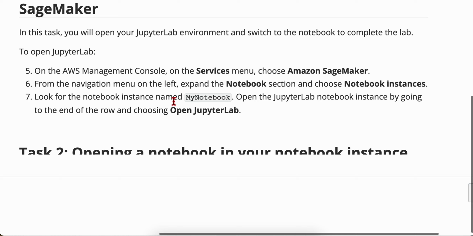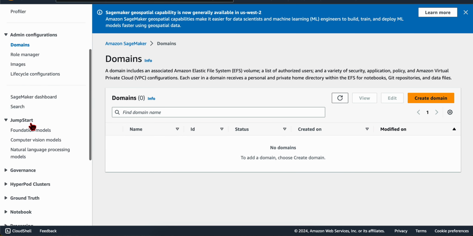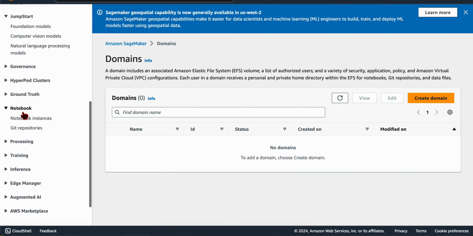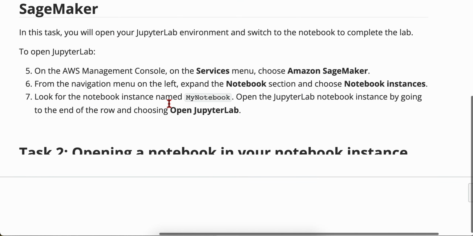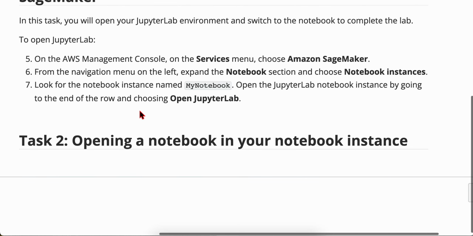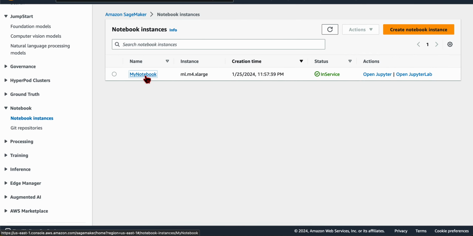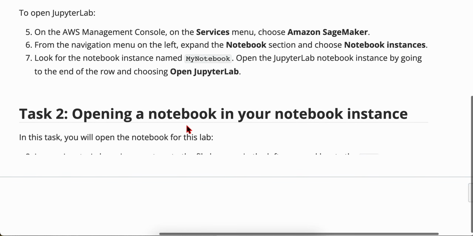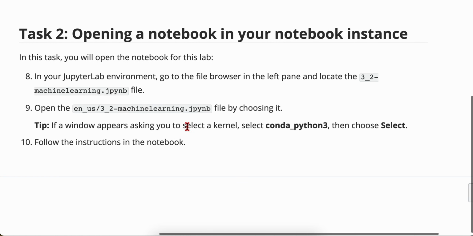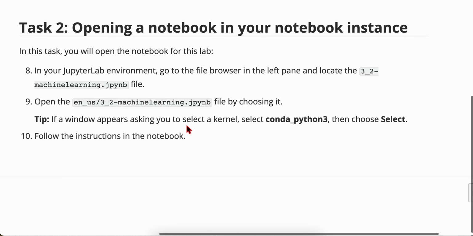From the navigation menu on the left, expand the notebook section and choose Notebook instances. After that, look for the notebook instance named My Notebook. Open the Jupyter Lab notebook instance by going to the end of the row and choosing Open Jupyter Lab. Awesome. Now for the next task, we are going to open a notebook